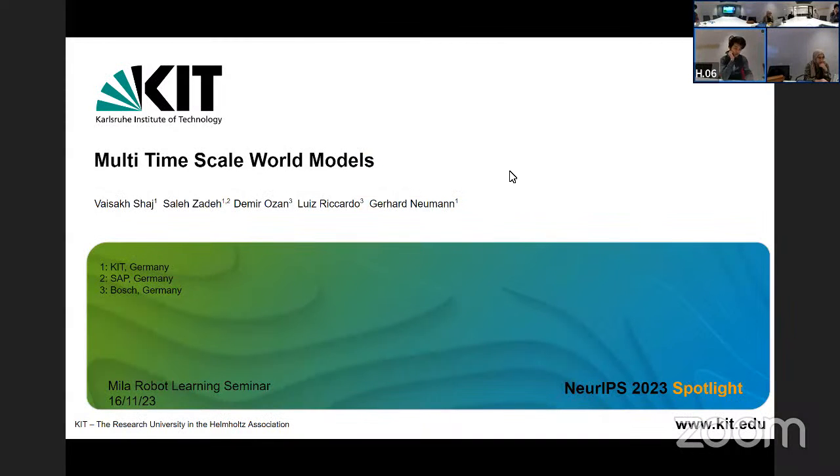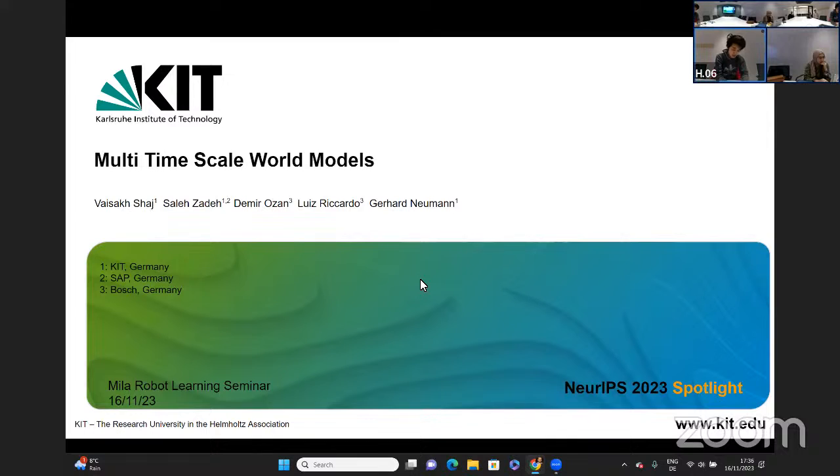About multi-timescale world models. The talk will introduce the paper Multi-Timescale World Models, which was accepted recently at NeurIPS 2023 as a Spotlight. Intelligent agents use internal world models to reason and make predictions about different courses of their actions